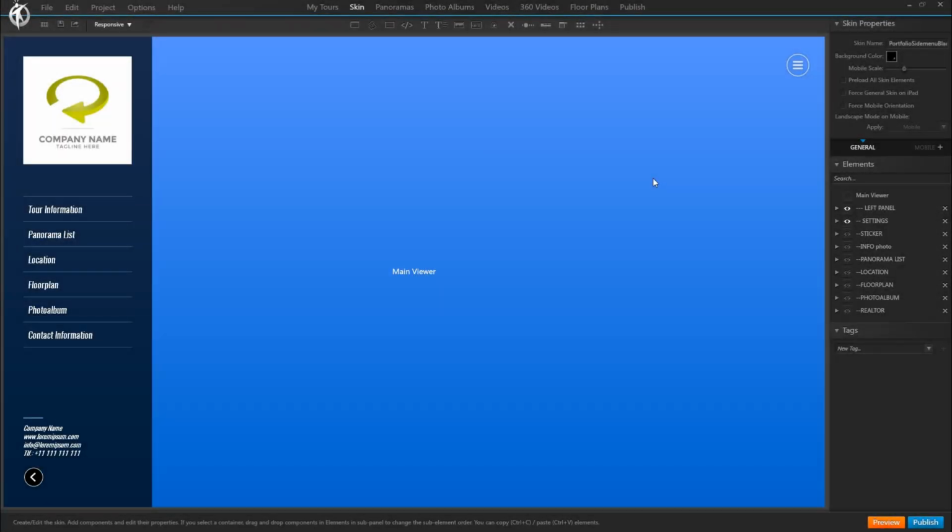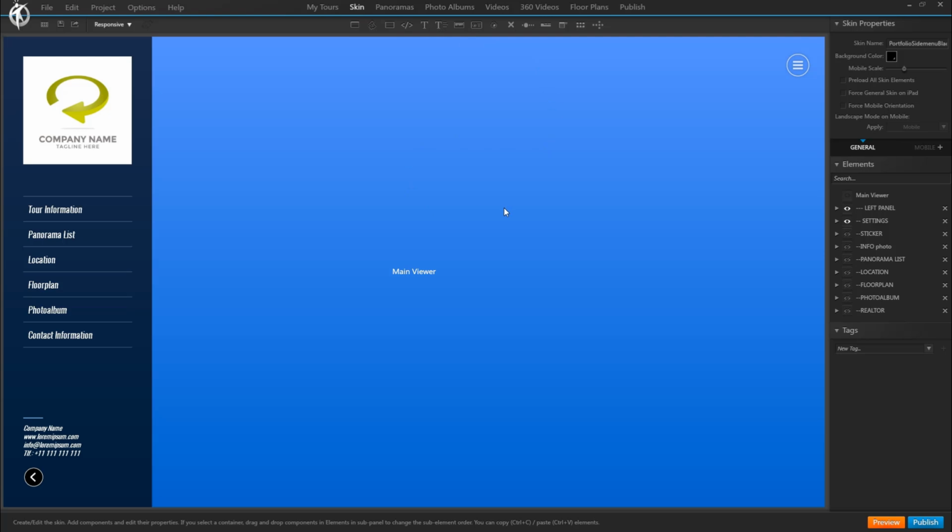And last but not least, let's check out how we can use tags for skin elements. You can assign tags to each and every one of these skin elements, whether it's containers, images, buttons, text, etc. No limit here.